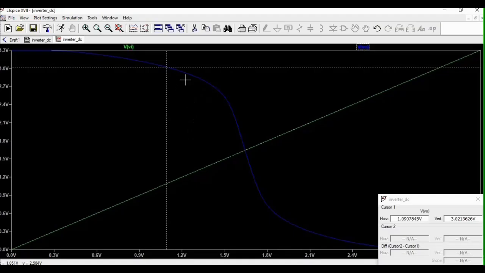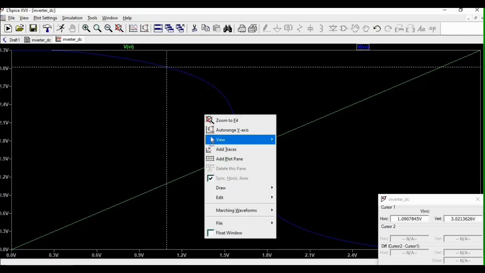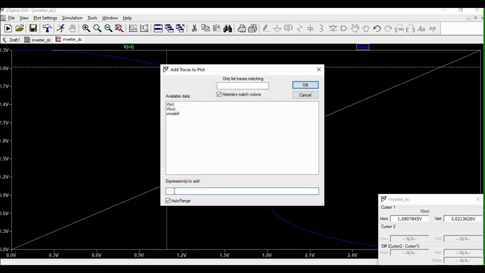If we're going to add another graph that reflects the derivative of V out, you could just right click on the mouse, then add trace, then below just type D, then the parameter that you want to get the derivative of.